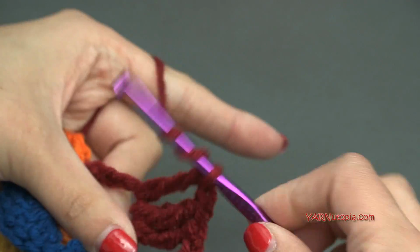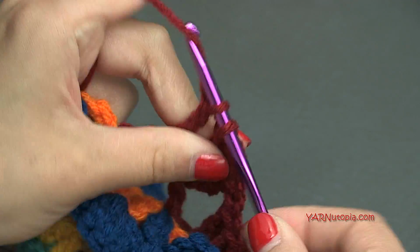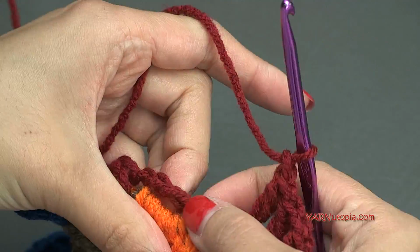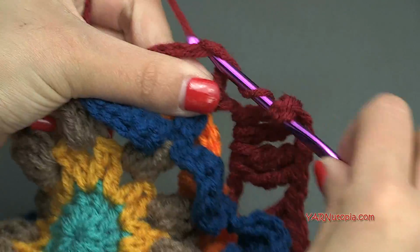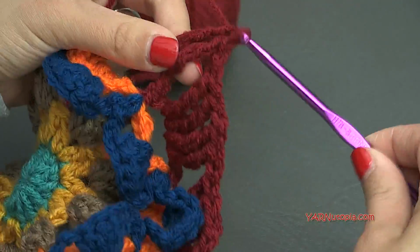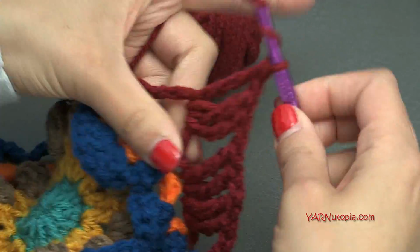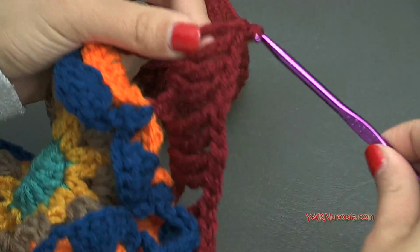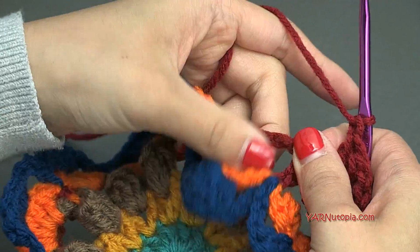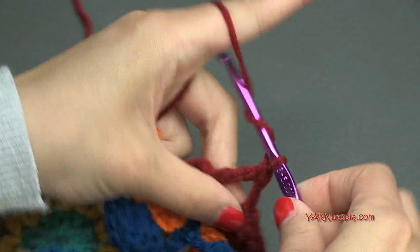Remember, yarn over twice, go in, yarn over, pull through, yarn over, pull through 2, yarn over, pull through 2, and yarn over and pull through 2. Then chain 1, hop to the next chain 5 space, and make that same thing. So put 2 treble crochet, chain 1, and 2 treble crochet, all in the next chain 5 space. Okay, then we're going to chain 1, and now in this next chain 5 space we're going to make our third corner. So that's 3 treble crochet, 1,